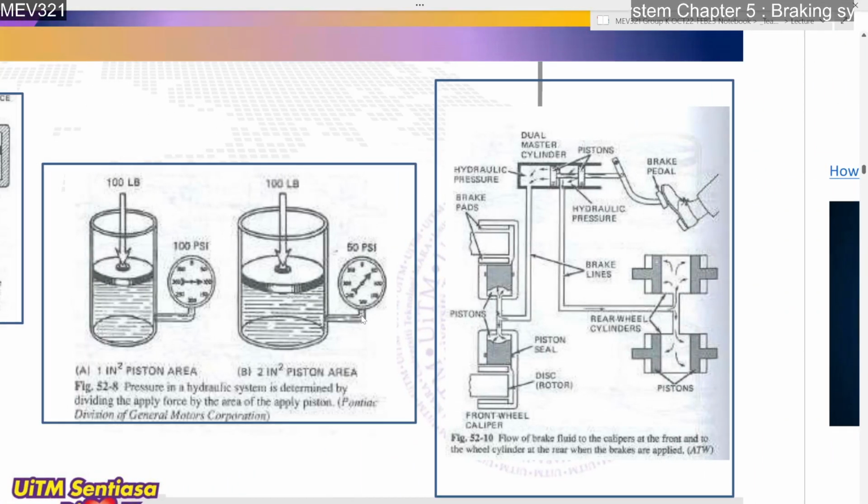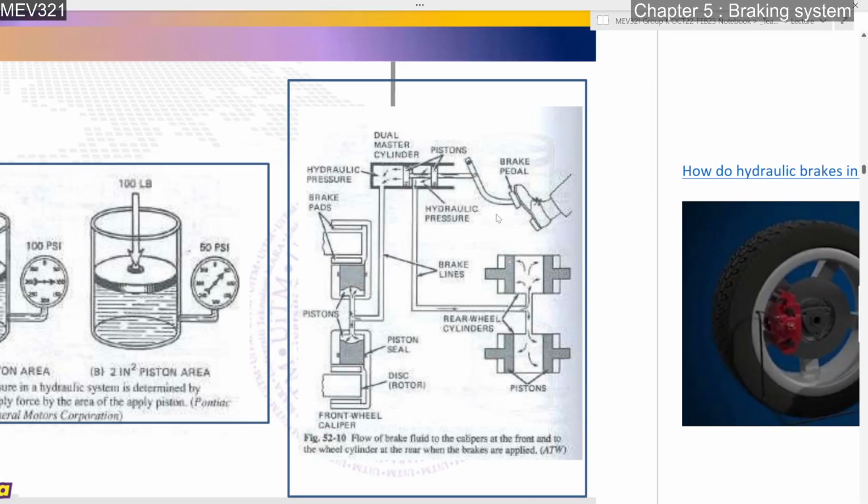Okay, so the same mechanism is used in our brake system. When you depress the brake pedal here, it will give force to the piston contained in the dual master cylinder. There are more complicated components in there, but for the simple mechanism, we press the brake pedal, and then the force will be applied on the pistons. The piston will pressurize the brake fluid, and then it will push the force along the tube line or brake lines until it gives the final force to the piston